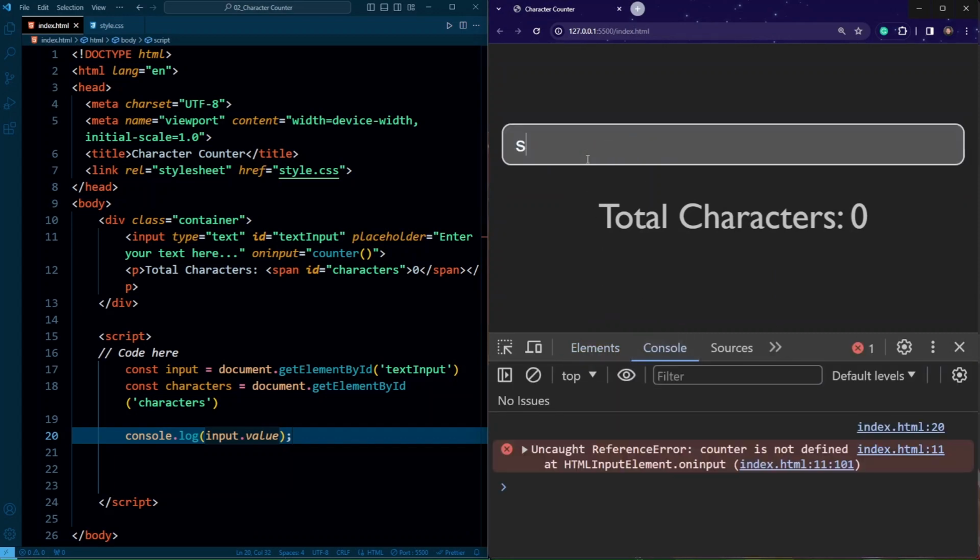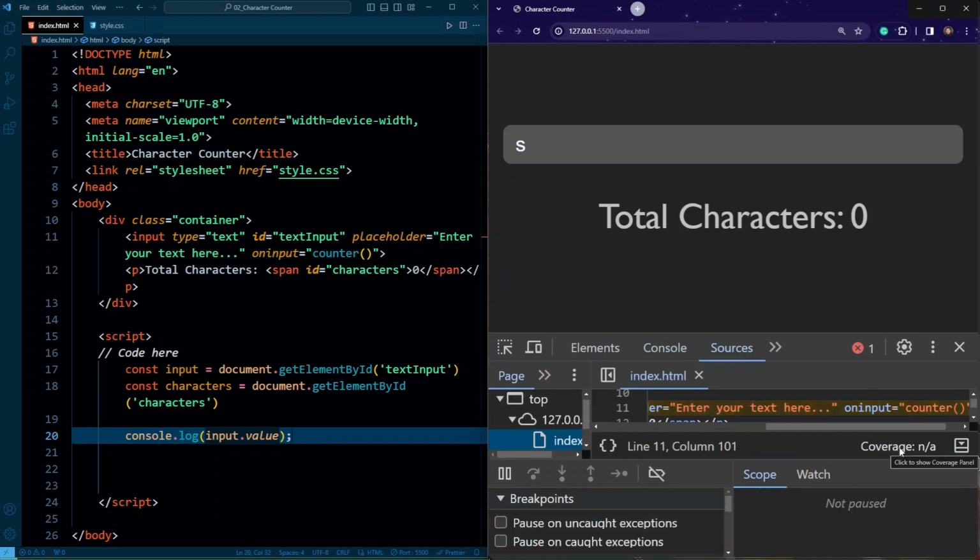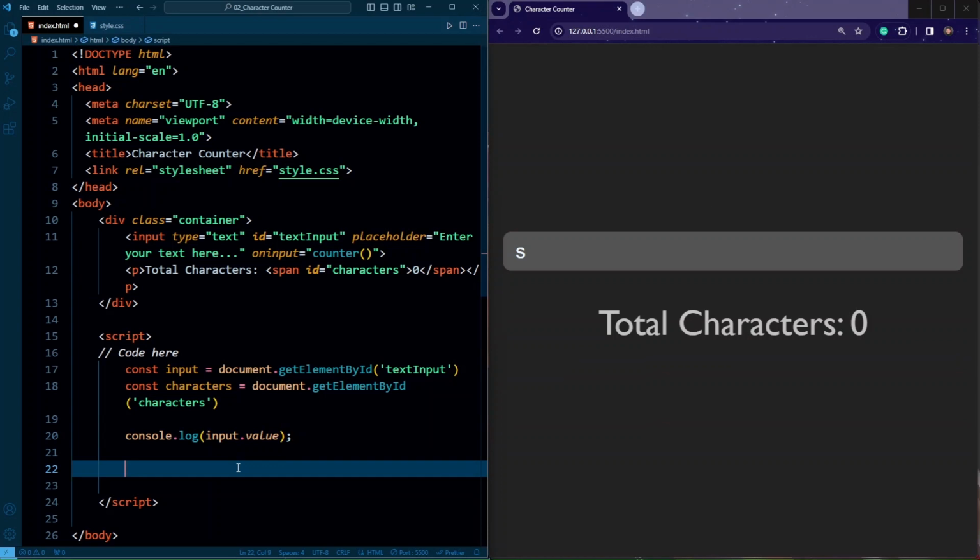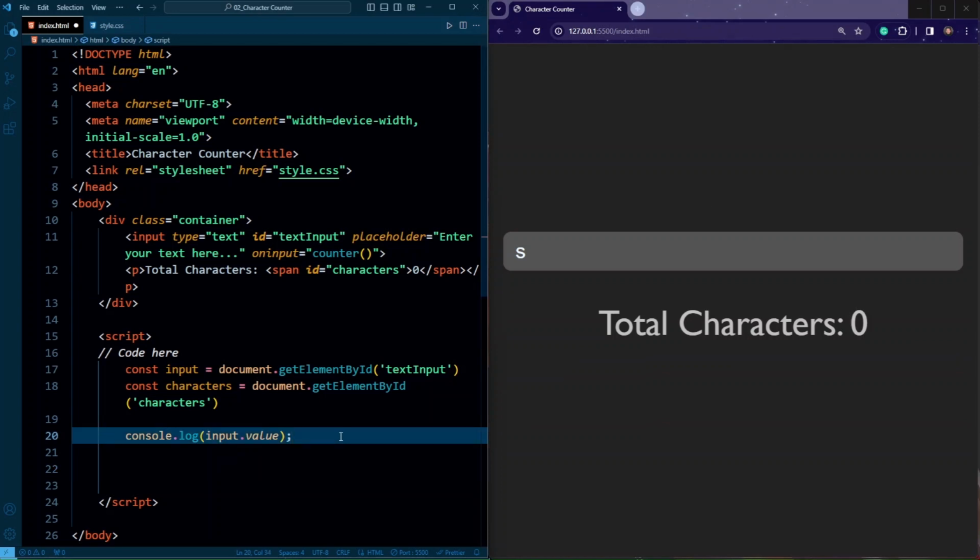Okay, we are getting error here. Why? Because there is a method here that is on input and it's invoking a function that is counter, but we haven't created any function here. So I think that's the reason why we are getting this error. So let's create the function first of all. See, this on input function